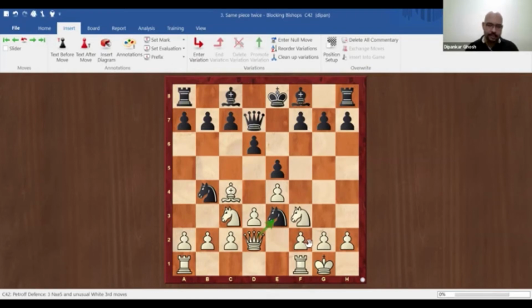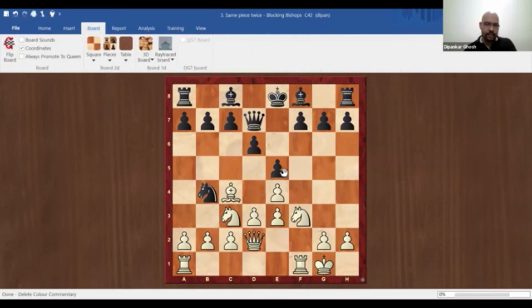So white recaptures with the pawn this way, and everything is great. Now look again. How many pieces does black have developed? Two. How many does white have developed? One, two, three, four. Five. You see this rook is now open, right? So white is way ahead. Why? Because white did not waste time moving the same pieces over and over again as black did. Now you would think, okay, well, I don't see why this is a big deal.